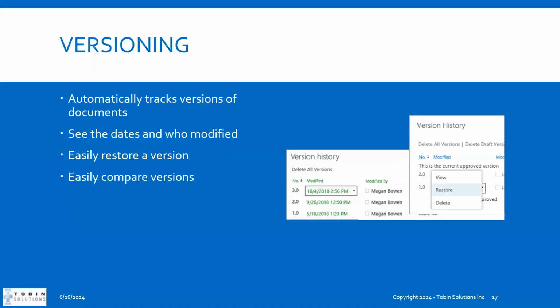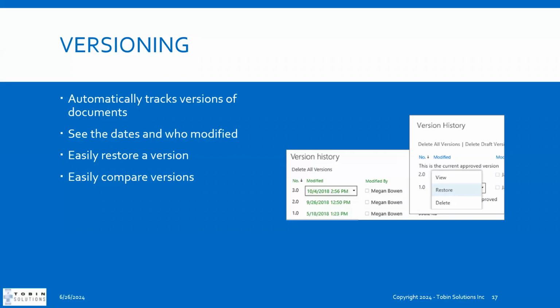it's on by default, and you want to make sure it's on for where you need it. In these document libraries is versioning. So whenever you save the document, it'll automatically track that it got saved on that date and time and who did it. And behind the scenes, it does that. So instead of seeing like 25 versions when you're looking for the file in the Explorer view, you right click on the document and say, show me the version history. And then you'll see all the different dates and times and who did it, which is really great because, while it's nice to have,